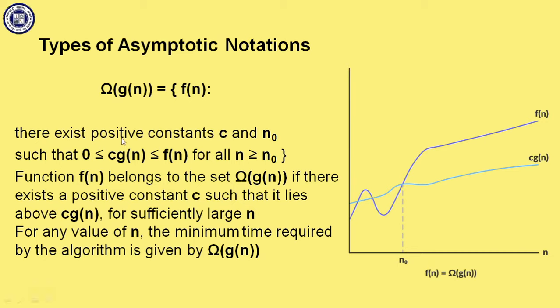Hence, omega of g of n is given by f of n, where there exist positive constants c and n0 such that